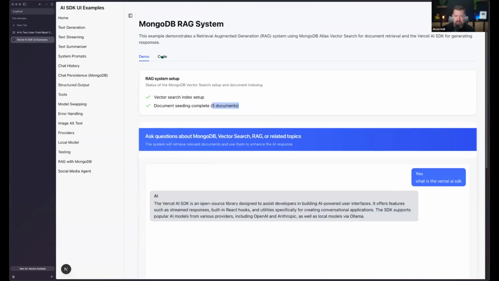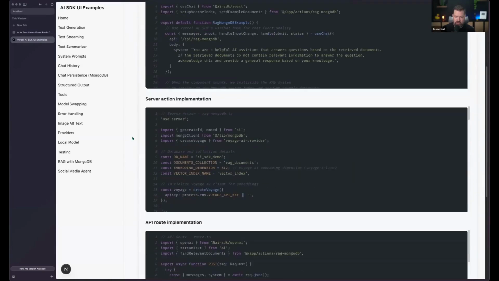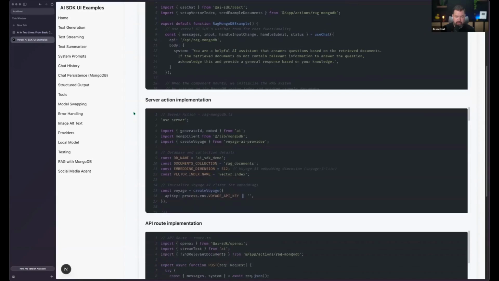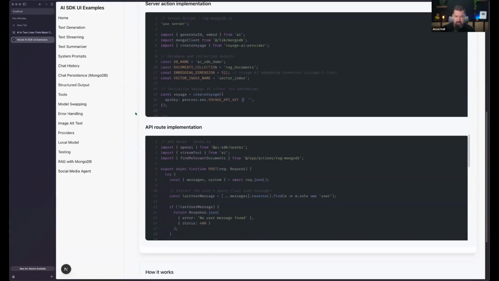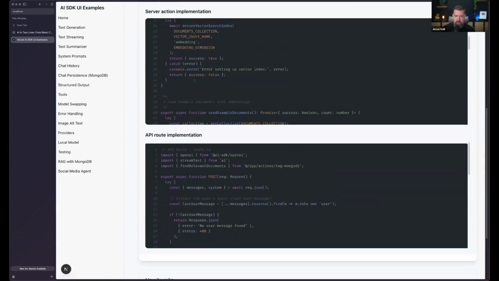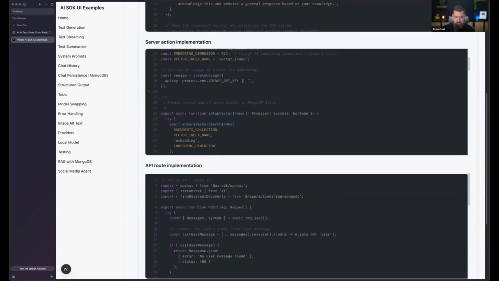So let's look at how that is implemented. We've got the front end implementation, we've got some server actions, and then the API route. Let's look at the server actions first.